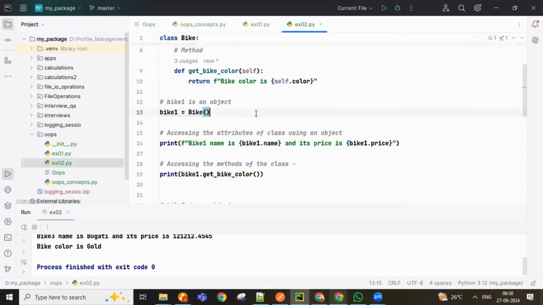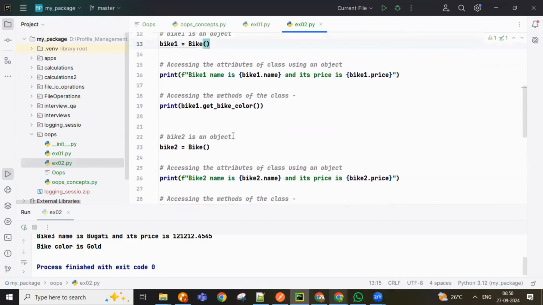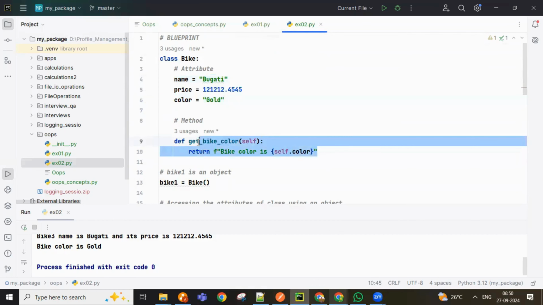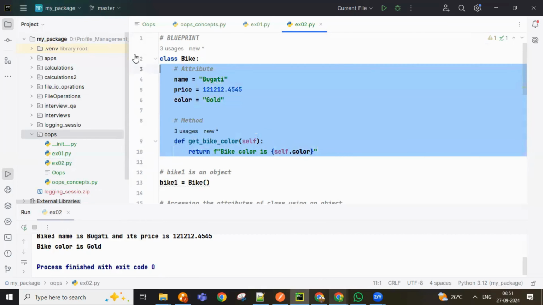Now you are claiming that this is fine. I'm okay with this example where it has predefined values, and whatever data we mention here, we are simply getting it or printing it. But what if I want to make it dynamic? Let's say every bike company, for example, there is a bike blueprint, and the same blueprint I can sell to Hero Honda, to Yamaha, to Suzuki, or to XYZ company. Got it? In that case, how can I create it? So that time, what you need to do is, let me create one more example with the same,